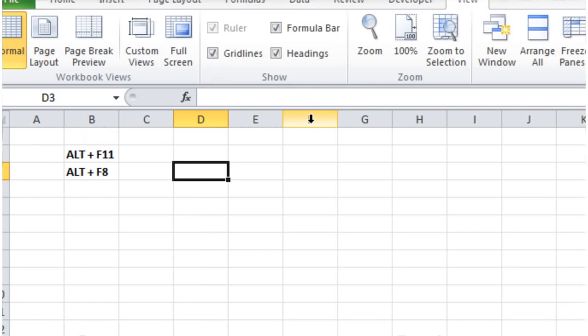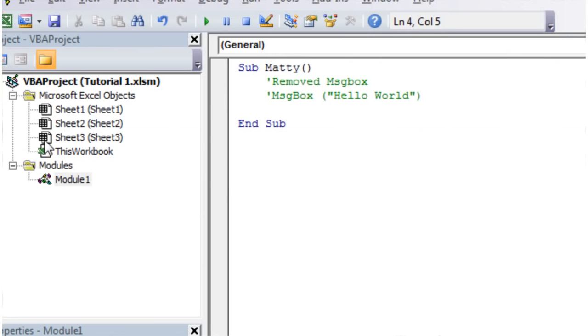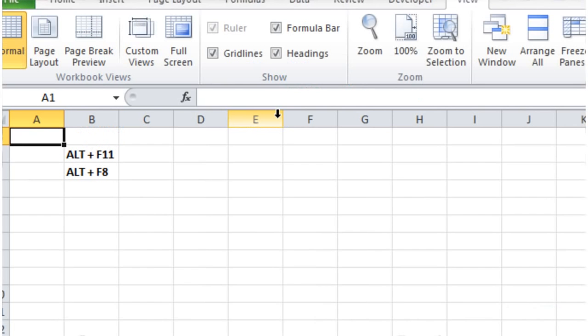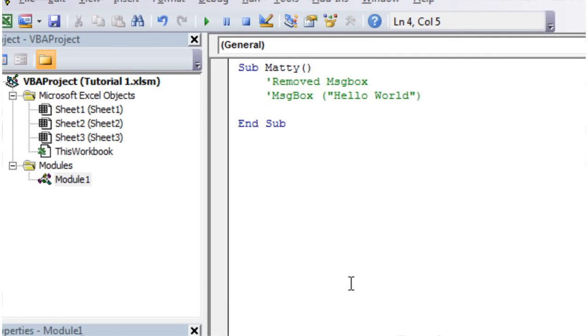So we're going to write, I'm going to reference this cell here. This cell is called A1. To start off with, we need to say whereabouts that cell is. This cell is in this workbook here. There's several ways of referencing that workbook. The one I'm going to use is called ThisWorkbook. So we're starting right at the very top,